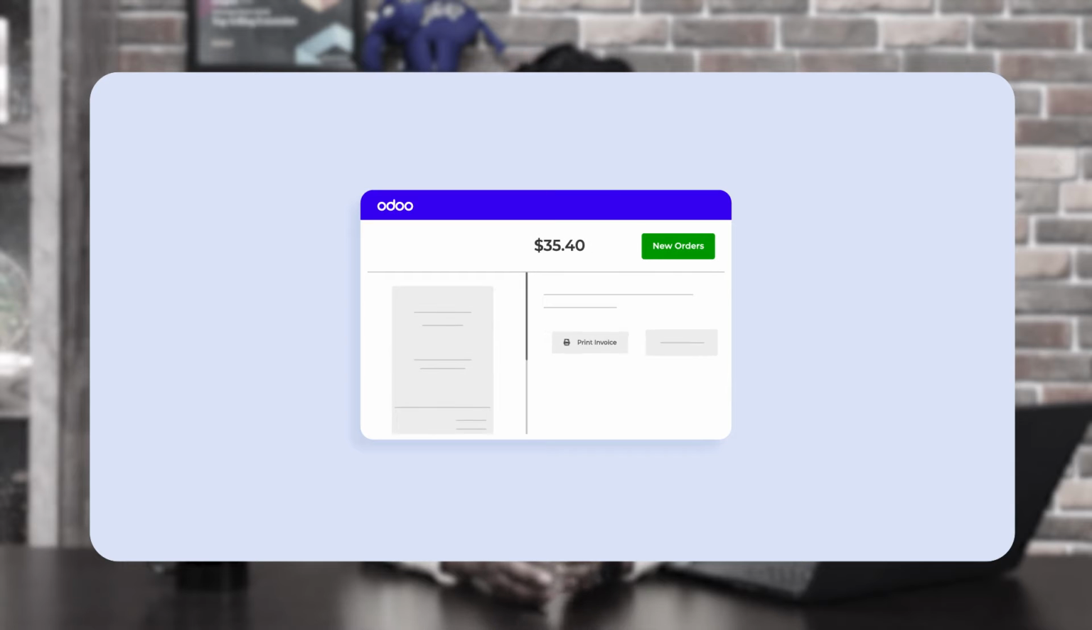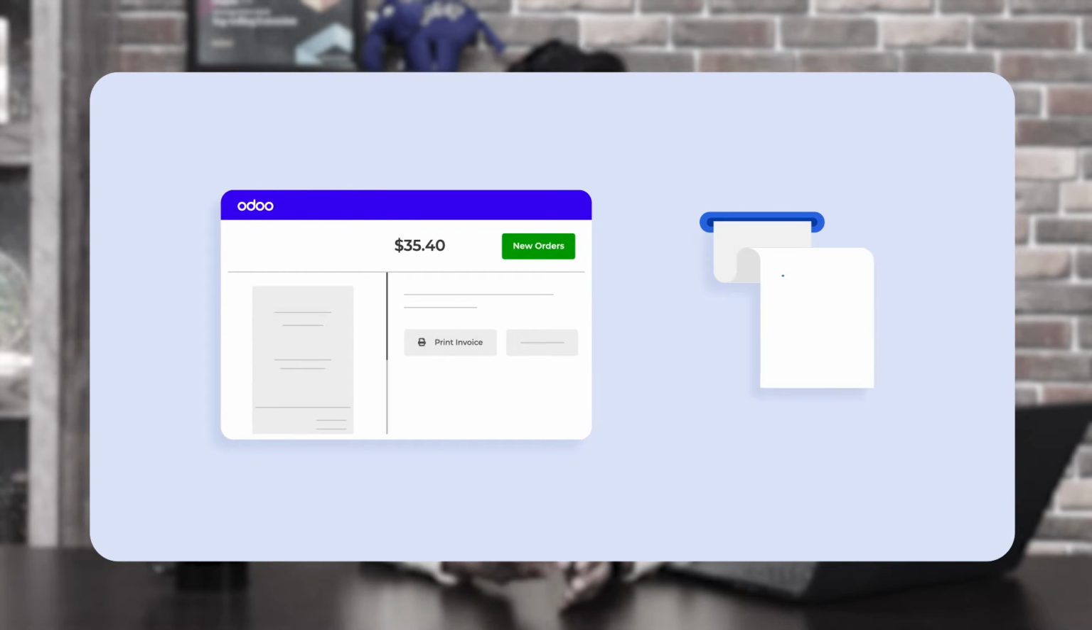Today we are going to discuss Odoo POS Invoice print without download. As the name suggests, the module allows you to print invoices directly from a running Odoo POS session without downloading them